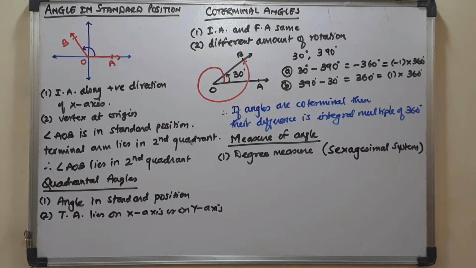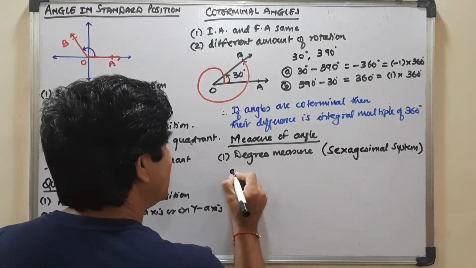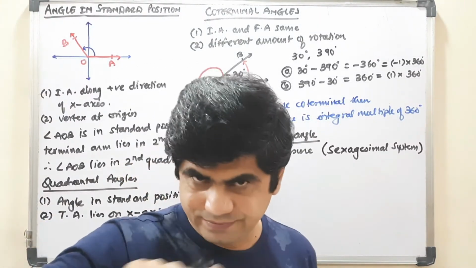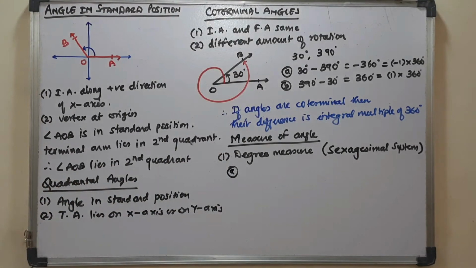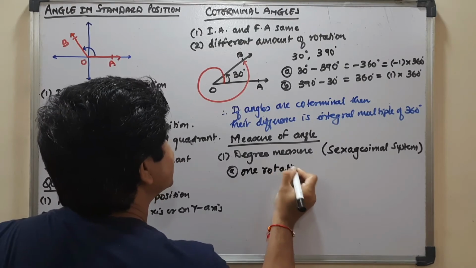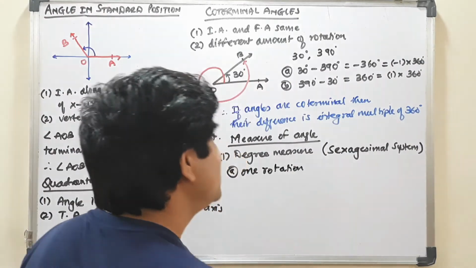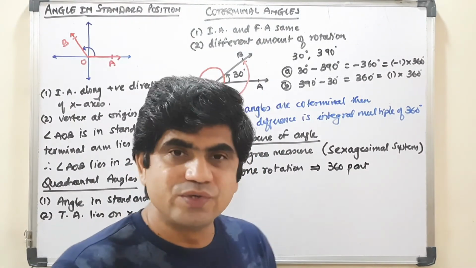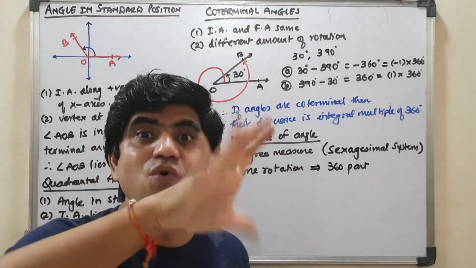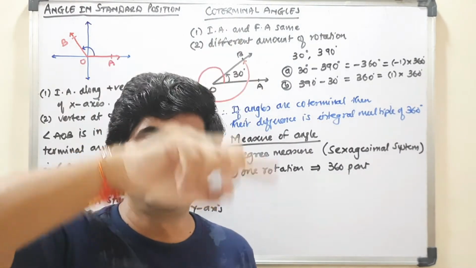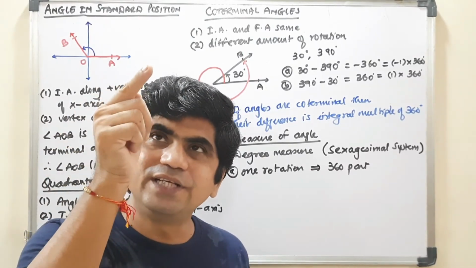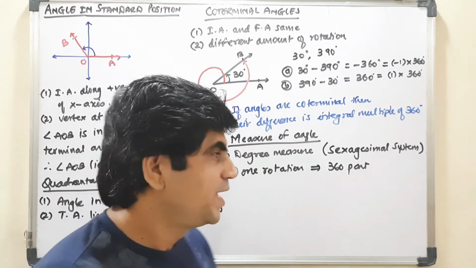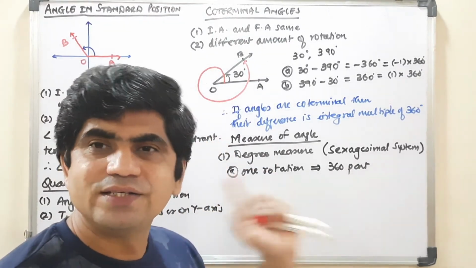How was it measured? Step number 1 was that any circle which is there, that particular circle is nothing but one rotation. One rotation creates the circle, and that one rotation was divided into 360 parts. That is why if you see the round stencil, in which circles are there, you will find the measure given from 0 degree to 360 degrees. That one rotation was divided into 360 parts.